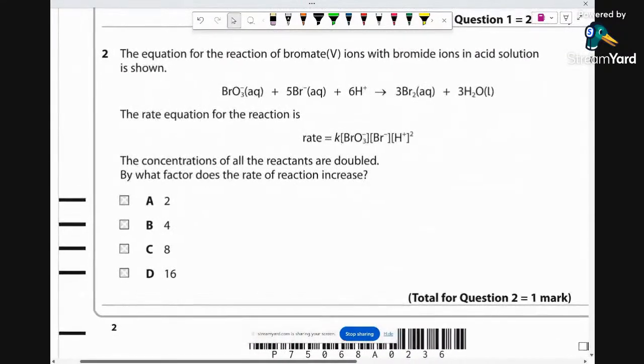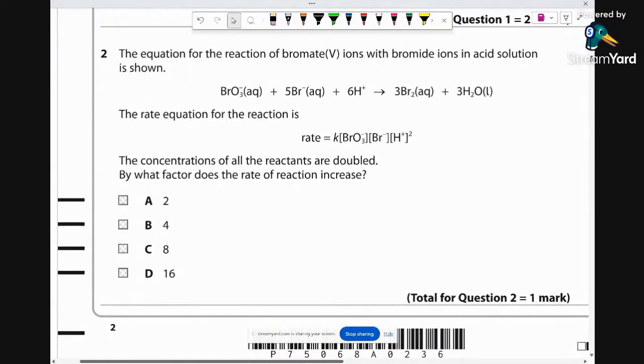Okay, the equation for the reaction of bromate(V) ions with bromide ions in solution is given. It's an interesting one, the opposite of disproportionation. The rate equation for the reaction is as follows. The concentration of all the reactants are doubled. What factor will the rate increase? I love this question. So these are the orders: we've got order 1, 1, and 2. So the total order